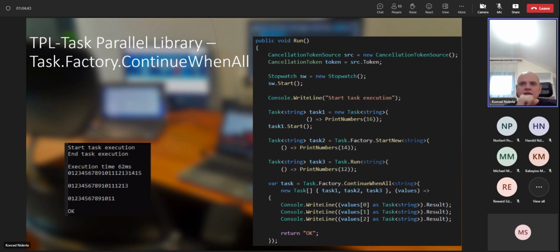Next possibility. It's similar to the WhenAll method, but the method is called ContinueWhenAll. It's a static method contained in the task factory, and it's possible to create, how to say, a second task with some code to execute in case when